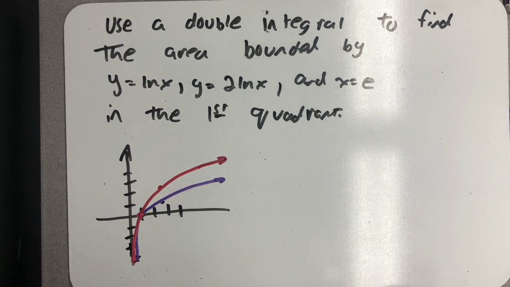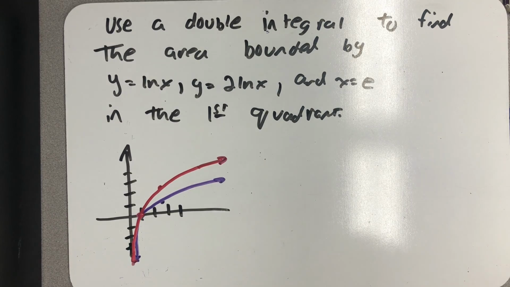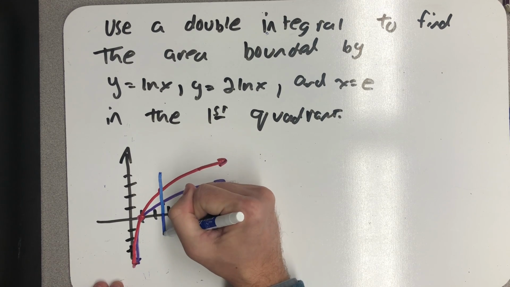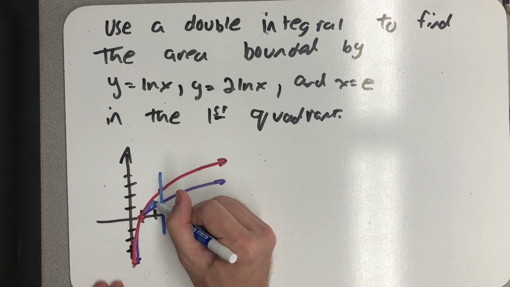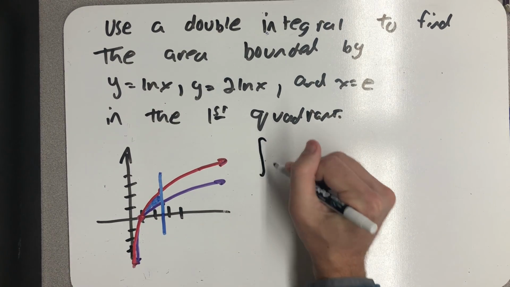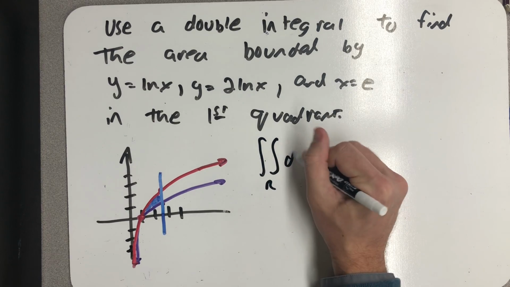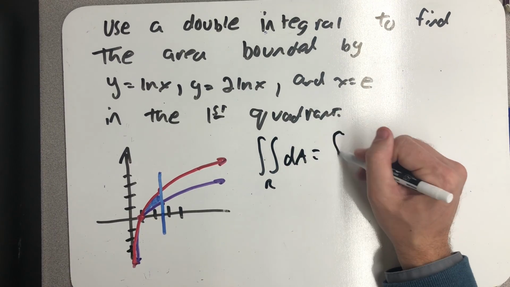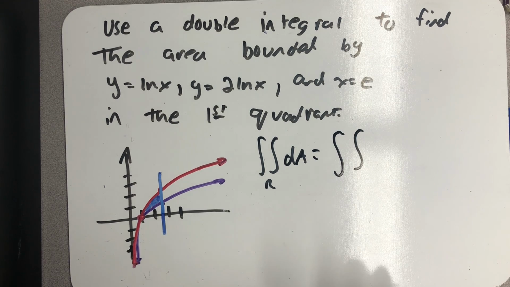And then x equals e, a nice vertical line going through those 2 points I sketched. So we're trying to find this region's area. All right, so here's my double integral. There's my region R. And we're going to use Fubini's theorem, which first means we need to pick an order